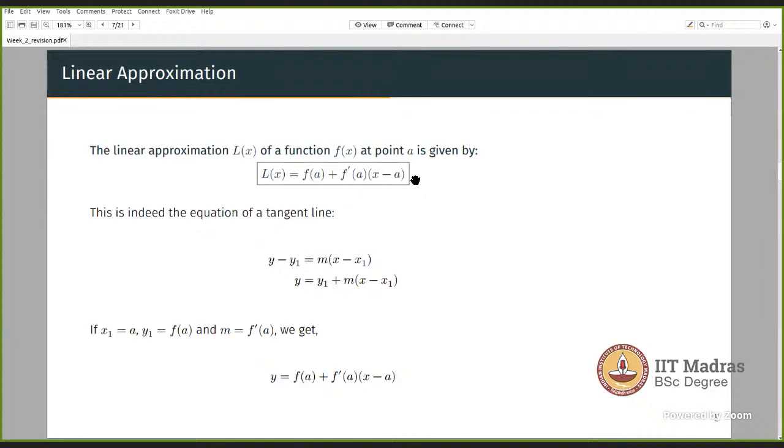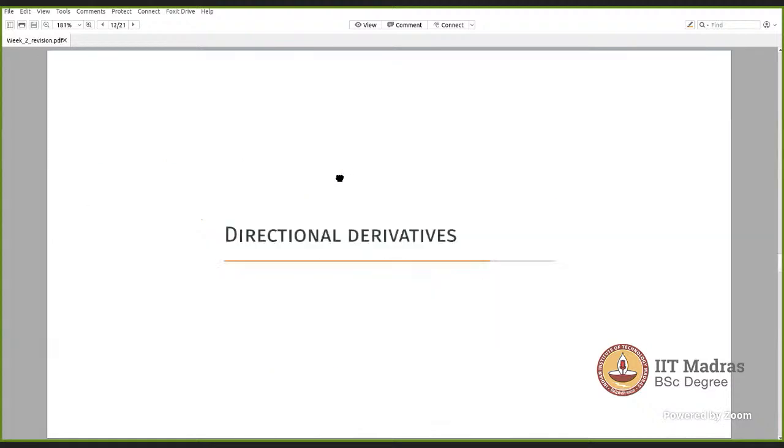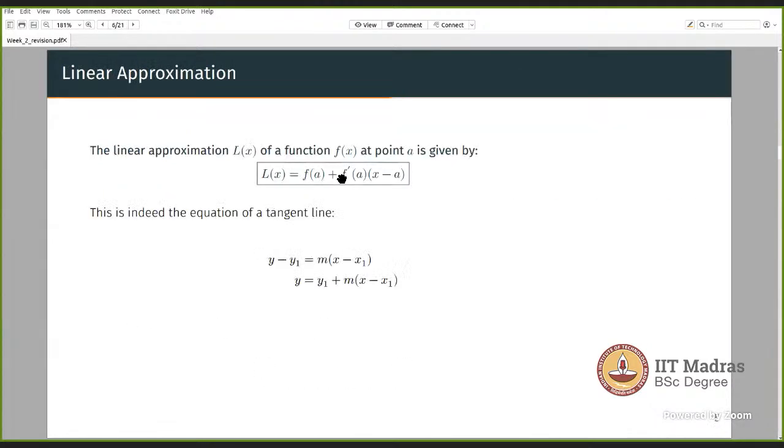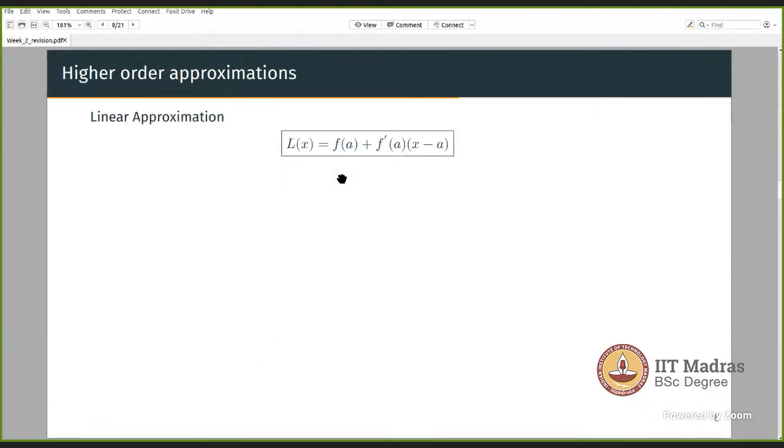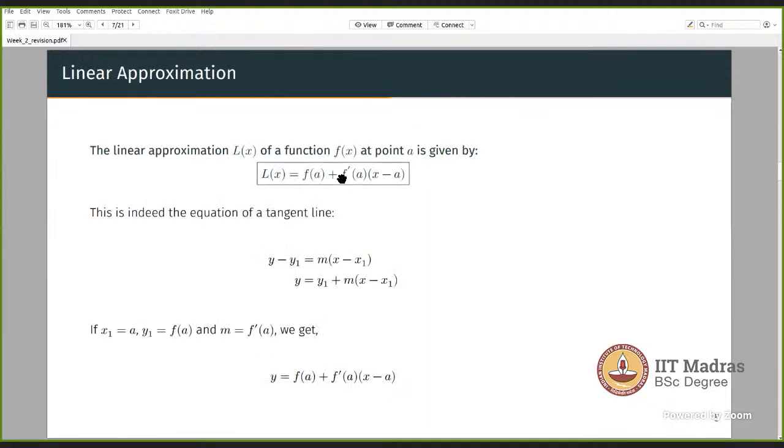Now, this is an important point. In the vicinity of x equal to a means this is an equation you cannot generally use, but you can use it only if you are interested in finding the function's value around a, let's say a minus epsilon to a plus epsilon. These are points near a. For these points, you will get a good approximation, close to the actual value of the function at that point. But if you go far away from x equal to a, you won't get a good approximation. You'll get some value, but that wouldn't be a good approximation. So that's the main idea of linear approximation.